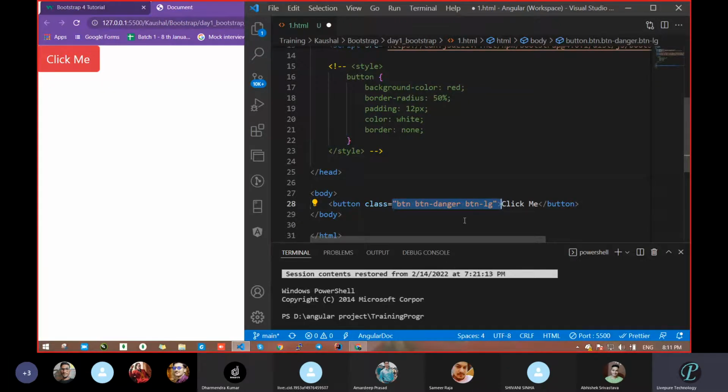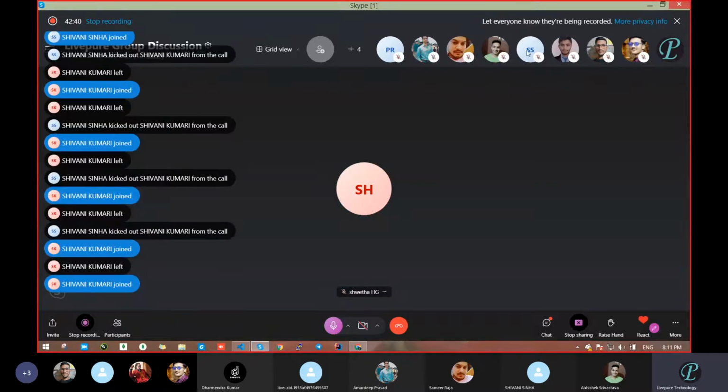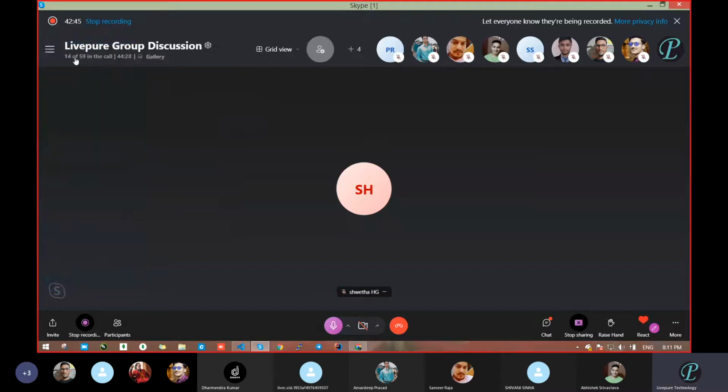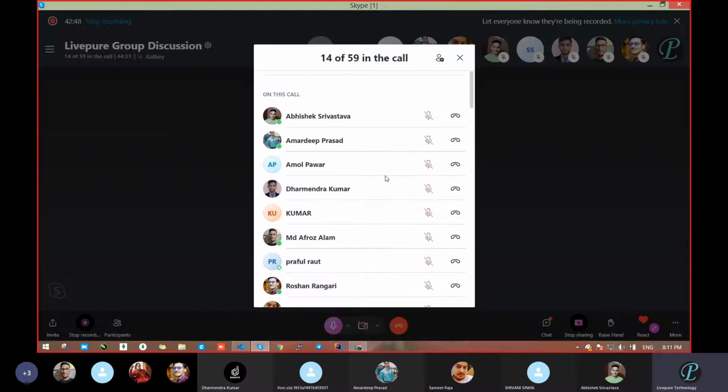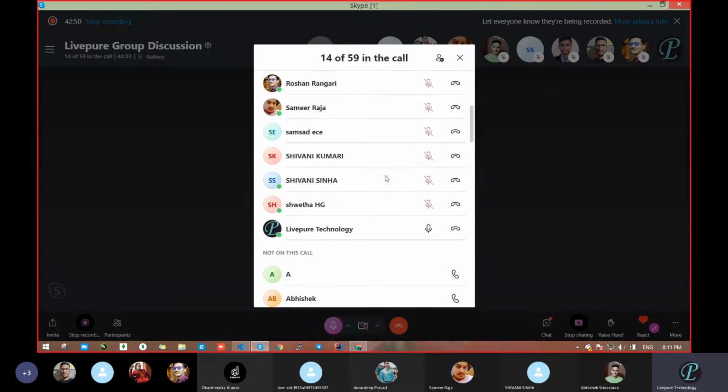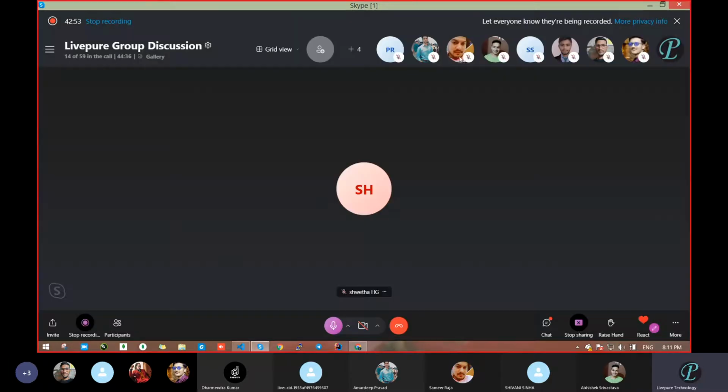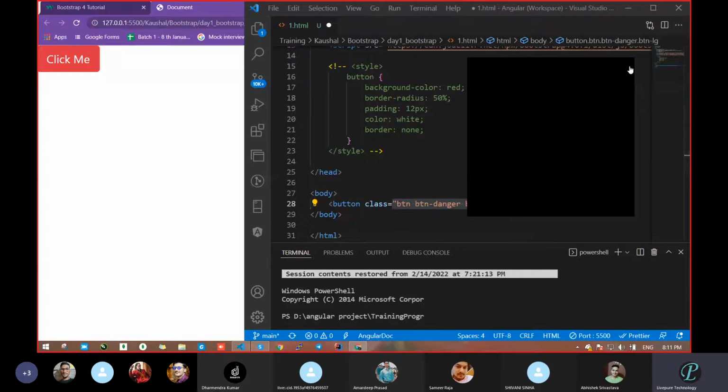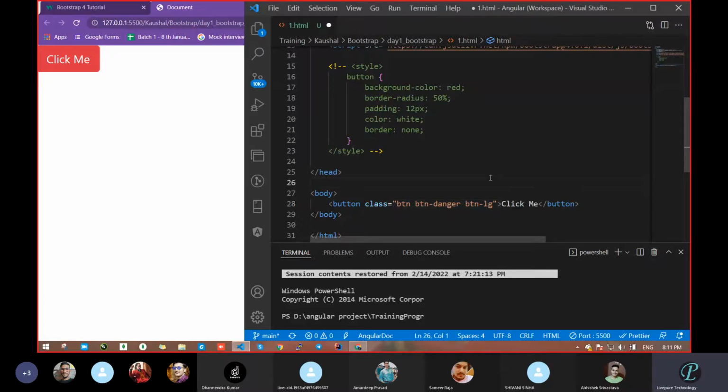Like if you are going to purchase any branded cloth, then in that case, what happens? Branded cloth already has some predefined colors, correct or not? You will not get any color which you want. It's already predefined. So in that case, what will you do? You will not purchase that branded shirt or pant or jeans, anything.